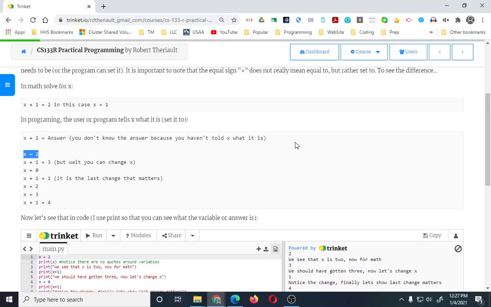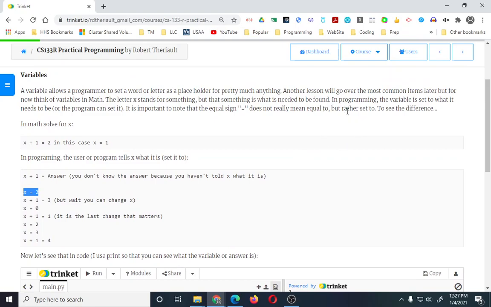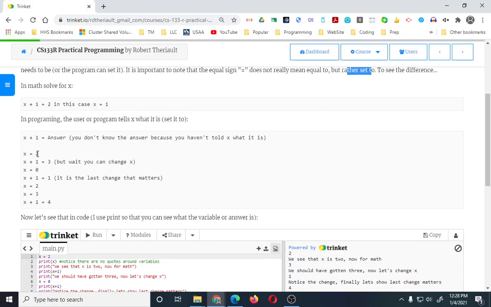Going forward, I'm going to say something close to gets or is set to, because again, it's not equal to it, it's set to it. You might picture it as a bucket, and you are taking the number 2 and putting it inside the bucket, and then you are putting an X on the bucket, and that's the name of the bucket, right? And then that is the storage memory, so you go put that off so you can come back and use it whenever you want. So when you have x plus 1 equals 3,